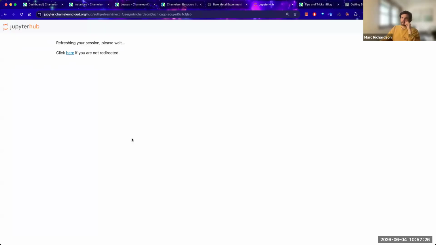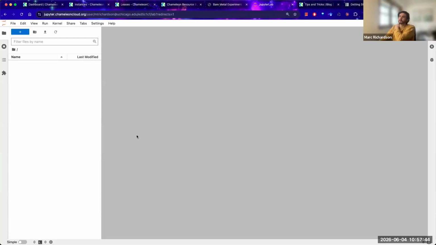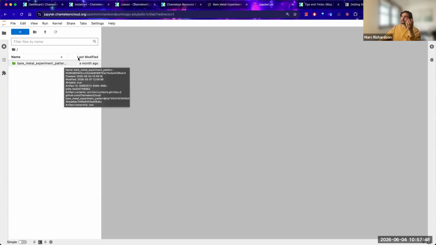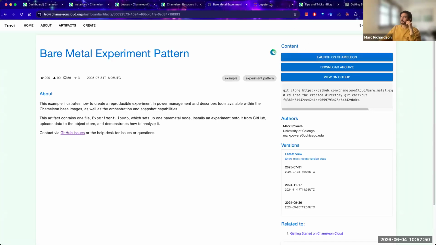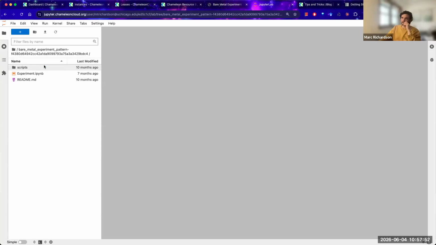This takes a pretty long time to boot up, but once it boots up, you'll see there's a really nice starting point for exploring Chameleon or even starting your own packaged artifact for the conference. So, okay, now this is loaded. So here, I launched this on Chameleon. Now I can see this here in the